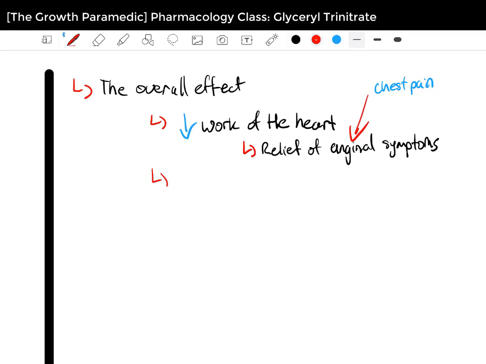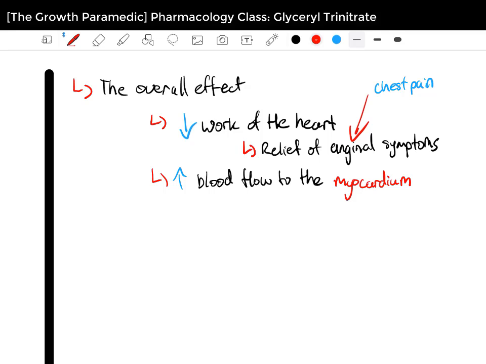And from that, it's relief of anginal symptoms. It also increases blood flow to the myocardium. And this is particularly important if there are already signs of myocardial ischemia, and ischemia is basically cell death due to deprivation of oxygen-rich blood. So you'll know in the pathophysiology of acute coronary syndrome,